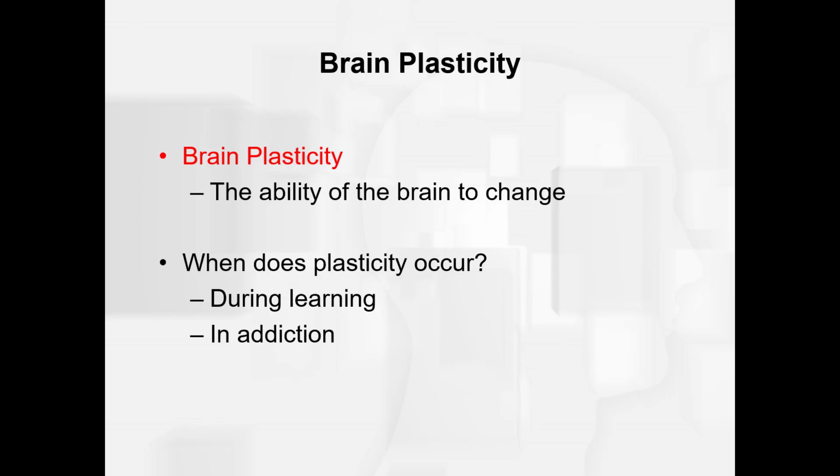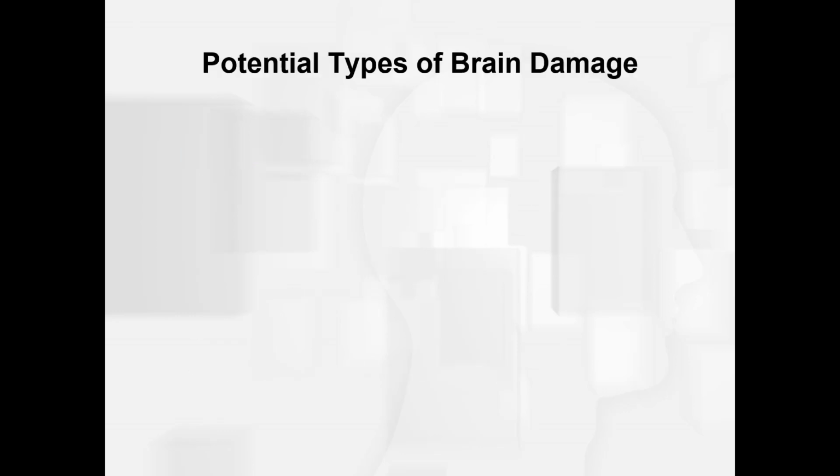What we're going to talk about in this video, the type of plasticity we're going to discuss, is in response to brain damage. Now, there are many potential types of brain damage. Tumors can cause damage to the brain. Various infections can cause damage to the brain. Exposure to toxic substances, whether it's something you ingest on your own, like a drug, or something that you're exposed to that you're unaware of, a noxious smell that you go by. Degenerative diseases like Alzheimer's, Parkinson's, Huntington's, all of those are damaging the brain.